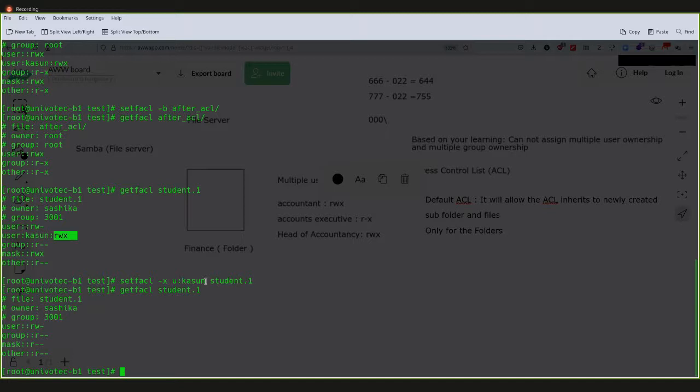Are you clear, guys, whenever you are going to deal with this ACL? Do you have any issues or concerns so far with what we have discussed? Sir, default